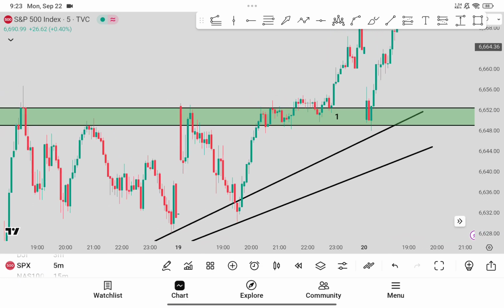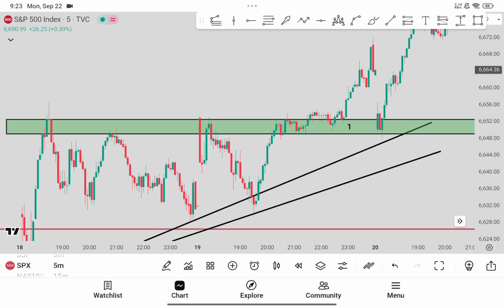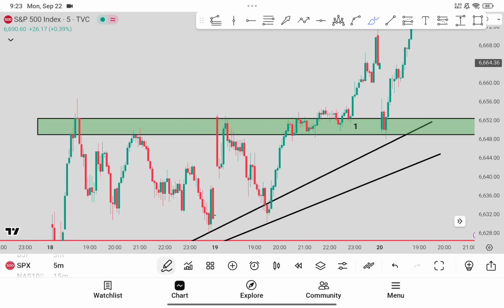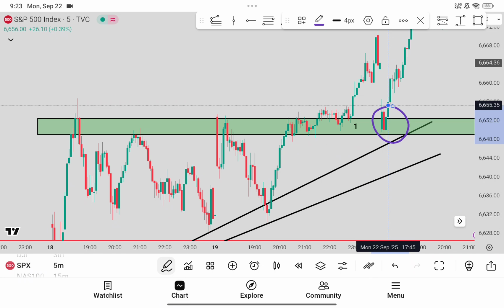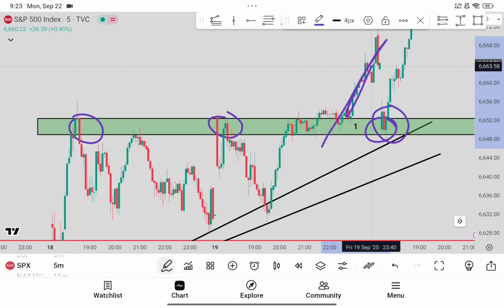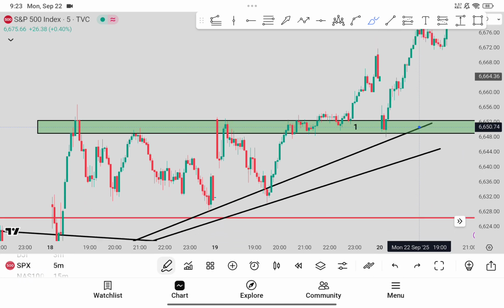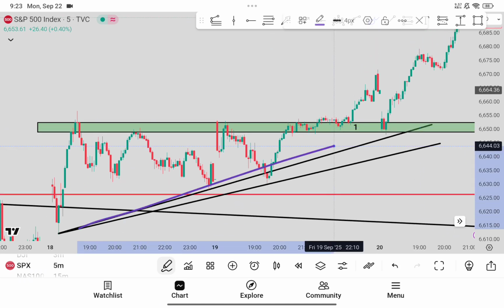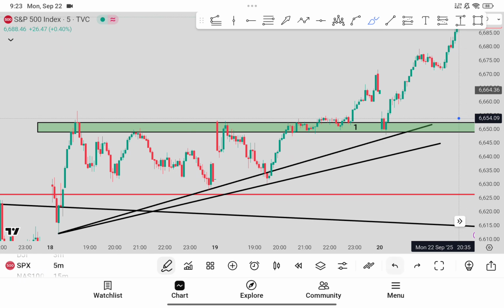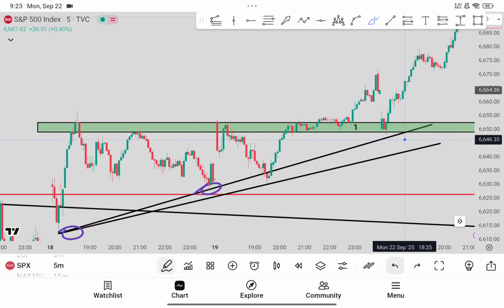Based on that Friday price action, I took the trade today. The market opened at this level, where resistance becomes support. So this is the breakout, and this is a resistance-become-support level. That is one confluence. The second confluence is the trend line. This is my actual trade. I connected these two lines, so I got this wonderful trend line.